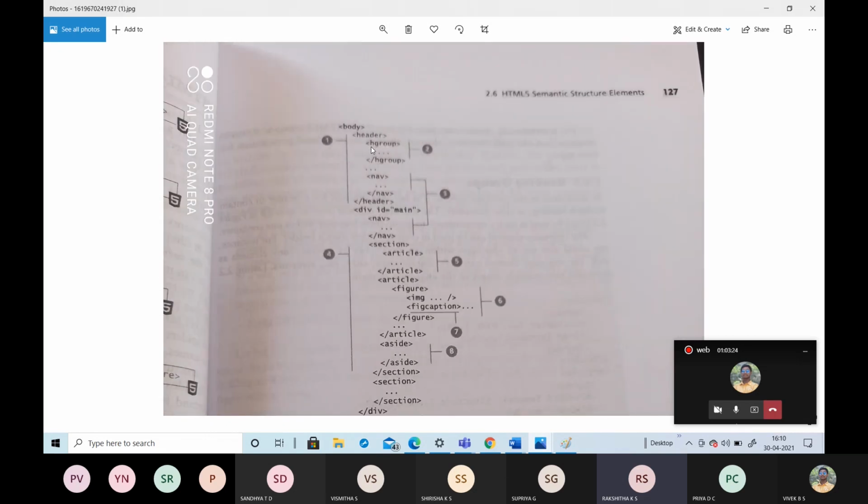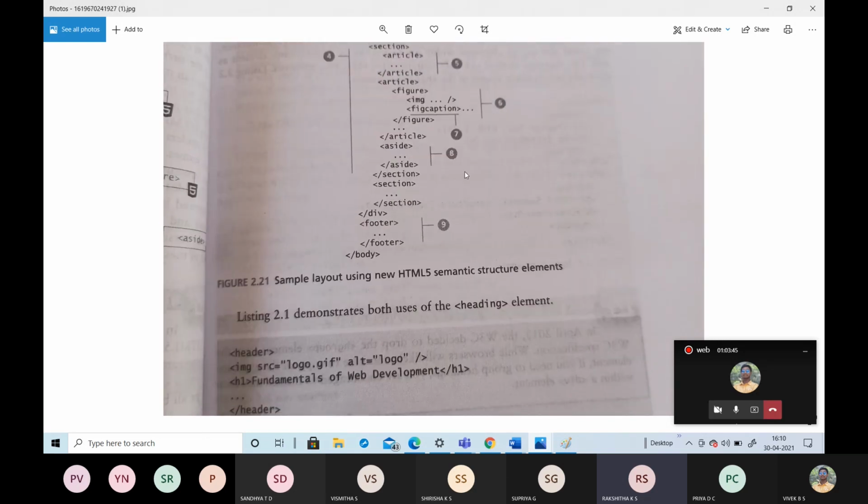We saw the sample for XHTML previously, and this is for HTML. Here we have included the header and the footer, and the header group followed by the navigation, the article, and the section followed by the figure and the figure caption, and last the aside, and this is the footer.